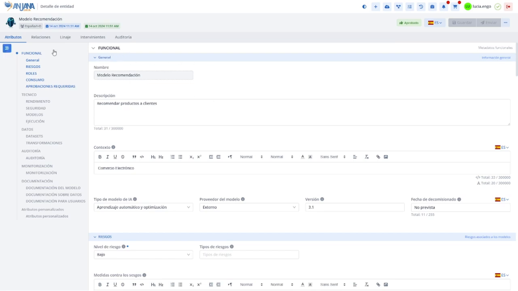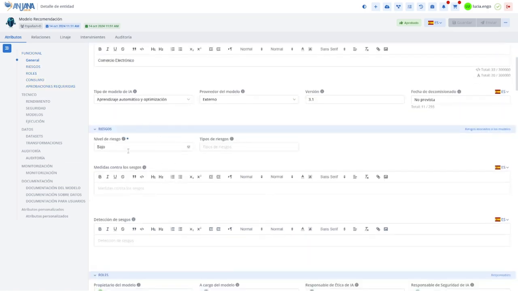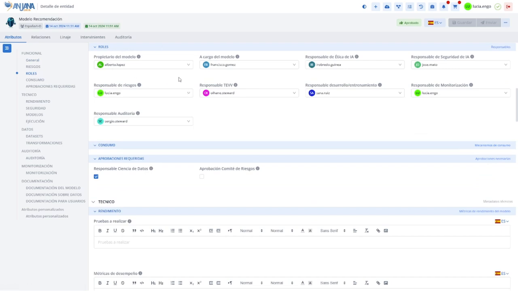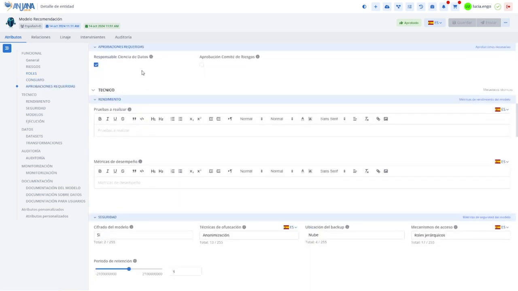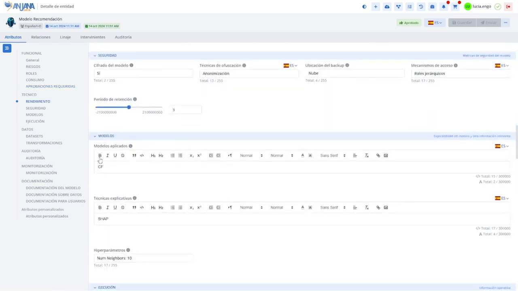Thanks to the configuration capabilities of these templates, we can do an integral governance of the models. We can have that categorization of the models that allows us to understand, at a functional level, what the data means, what the level of risk is according to the taxonomy that the European Union establishes, who the responsible roles are, who is in charge of the model, who is responsible for ethics, for security, for development, etc. If any type of additional approval is required within the validation workflow, what security mechanisms are used,